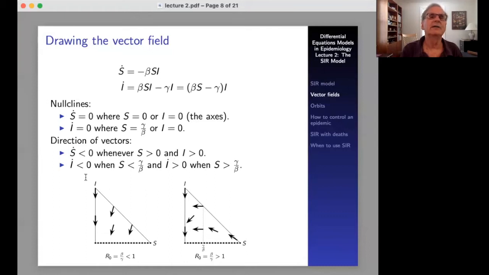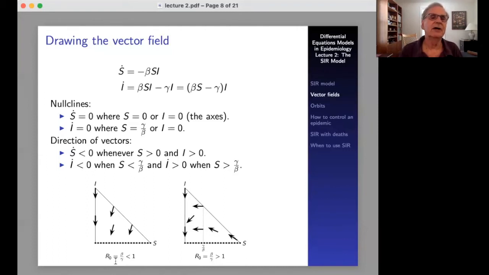What about I dot? This variable I is positive in the region we're concerned with, but this term here changes sign. When s equals gamma over beta it is 0; when s is less than gamma over beta, this term will be negative, and so I dot will be negative. When s is bigger than gamma over beta, this term will be positive, and so I dot will be positive. So what does this tell us? Well, there are 2 cases,